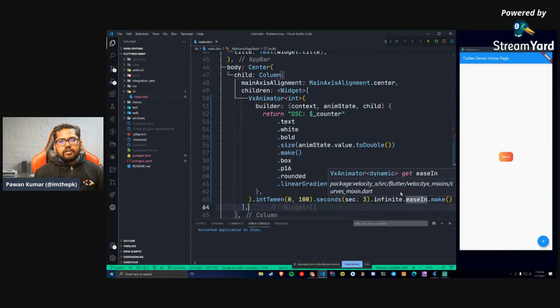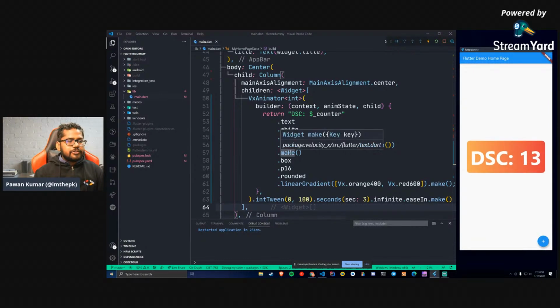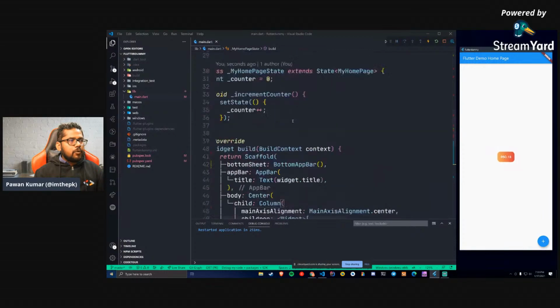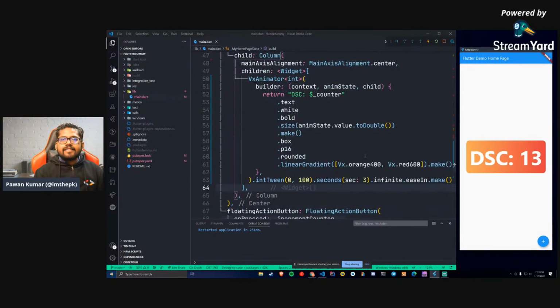That's it. So Flutter is really good for animations. Flutter is really good for all these things. Even we can have something like this, but the counter is not looking so good. So let's do one last thing with the counter. What we will do, rather than increasing the size, we will not increase the size, but we can do something with this counter itself, right? What we can do, that is the good question.